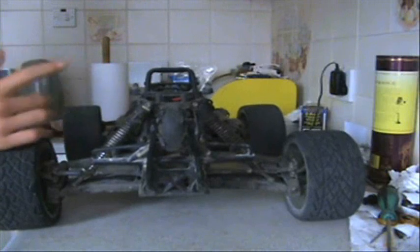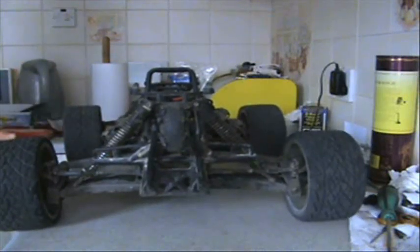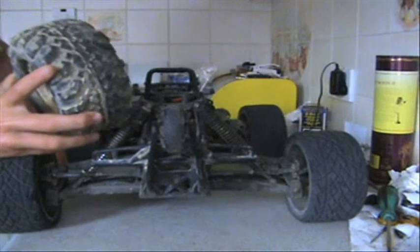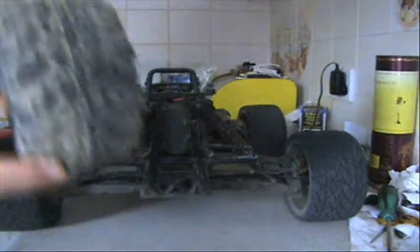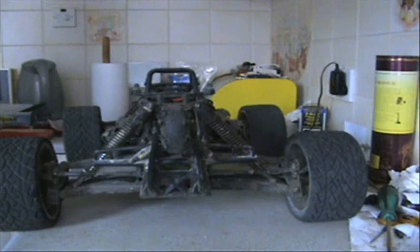Another thing you have to be aware of is the tyres. Here are the stock tyres. If you do the backflips with this, the backflips from standing, things like this, these tyres will explode on you. Another problem with them